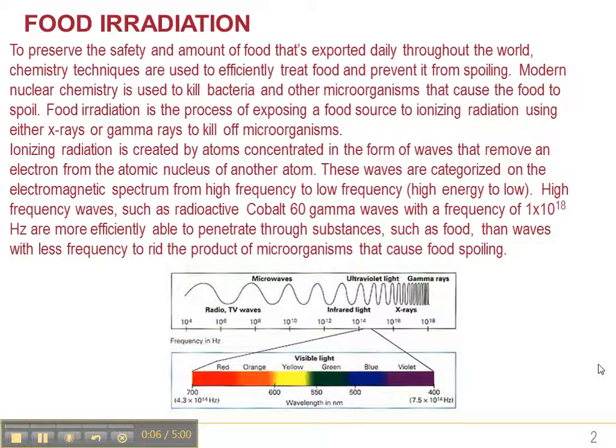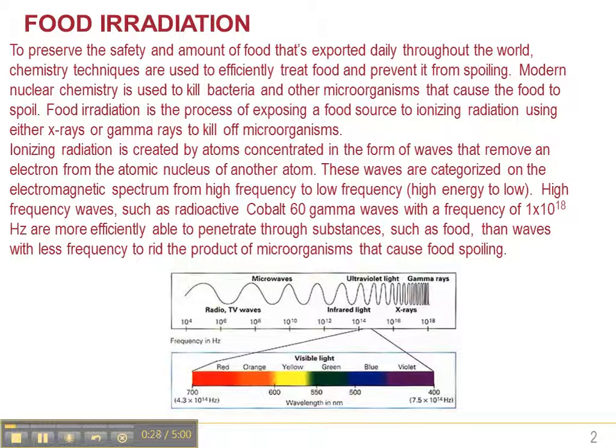Food irradiation. To preserve the safety and amount of food that's exported daily throughout the world, chemistry techniques are used to efficiently treat food and prevent it from spoiling. Modern nuclear chemistry is used to kill bacteria and other microorganisms that cause the food to spoil. Food irradiation is the process of exposing a food source to ionizing radiation using either X-rays or gamma rays to